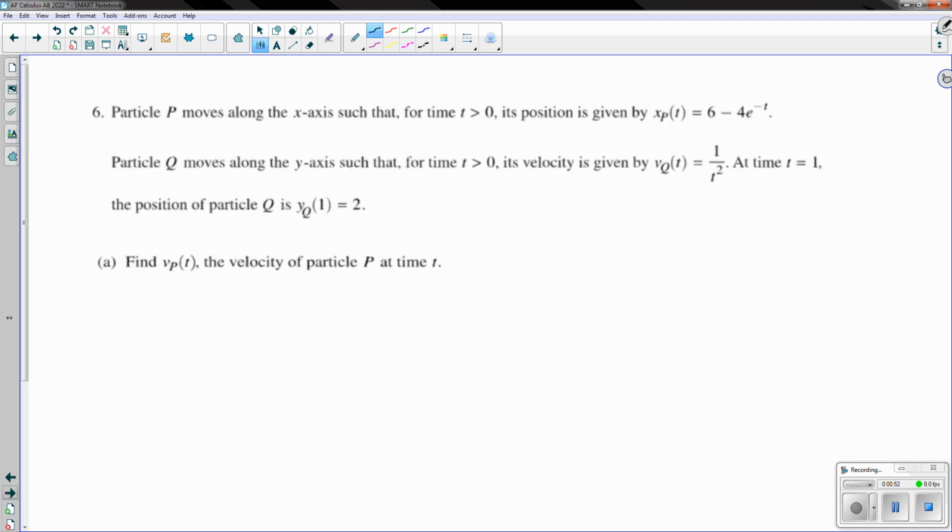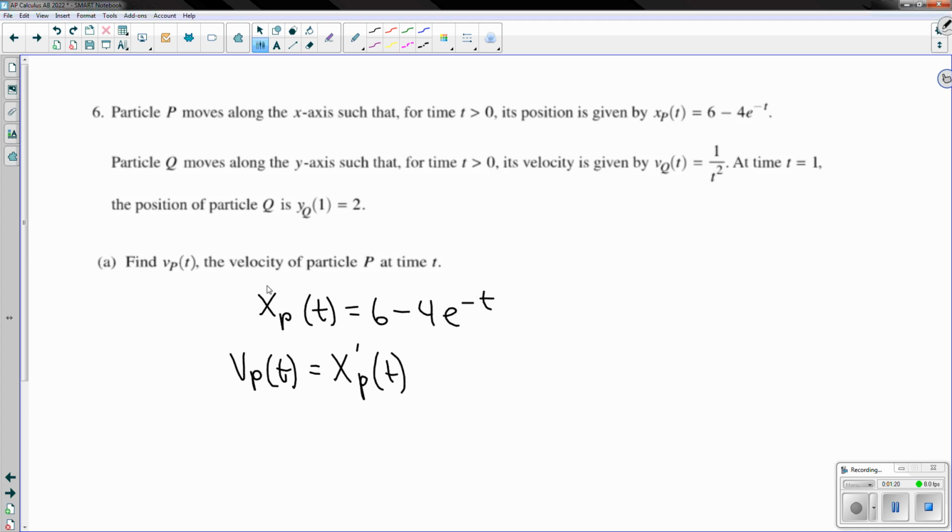Part A, find v sub p of t, the velocity of particle P at time t. So we know the velocity is the rate of change of position, and we're given a position function for P. So we know that x sub p of t is equal to 6 minus 4e to the negative t. We're aware that v sub p of t is equal to the derivative of that position function, which is going to be,